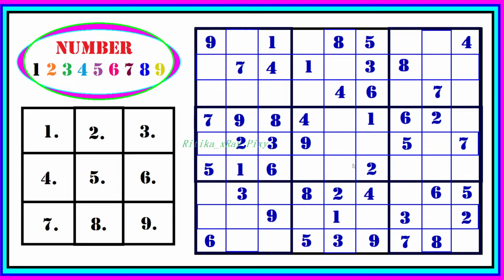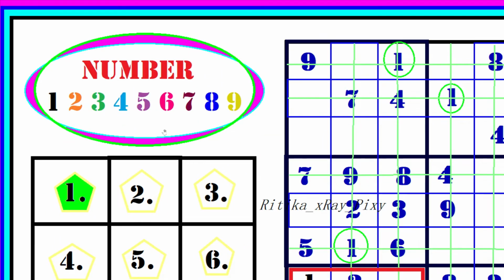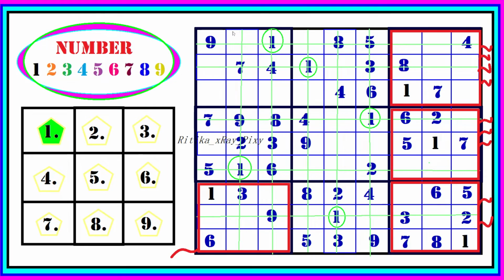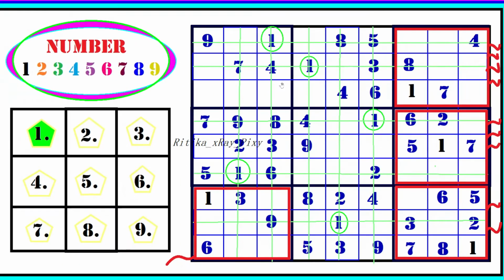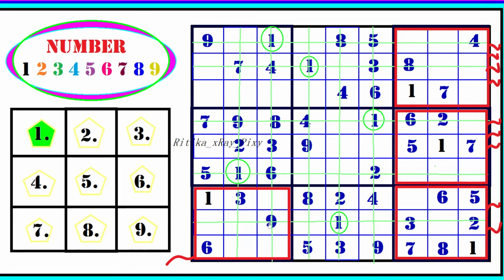Now let's try to understand how we can solve this puzzle. First of all, as you can see here, we have 9 digits, 9 blocks, and inside each block again we have 9 sub blocks. First we will check the blocks where 1 is already present. So as you can see, 1 is already present in the first, second, fifth, fourth and in the 8th block. And here in the red color you can see the blocks where we need to fill 1.